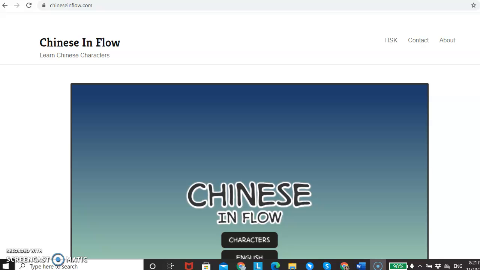The second new technology I chose is Chinese Inflow. Chinese Inflow is free for everyone to learn Chinese. Chinese Inflow provides audio recording together with the Chinese characters for learners to match the pinyin and the meaning in English. Another good point of this is that you can adjust the combination of how you would like to test